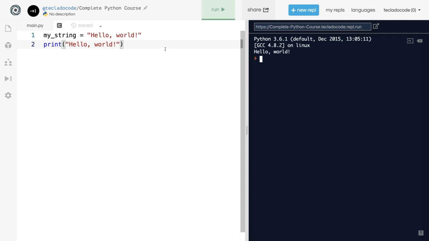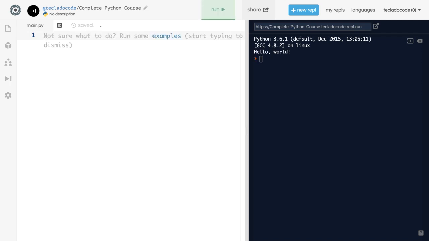Sometimes you'll want to use one quotation mark or the other depending on the contents of the string. So if you've got a string with quotes, then you'll want to use the double quotes, such as hello, it's me. Here you definitely want to use the double quotation marks on the outside because you've got a single quotation mark on the inside. If you were to use single quotation marks throughout, then this part here is not included in the string because the string